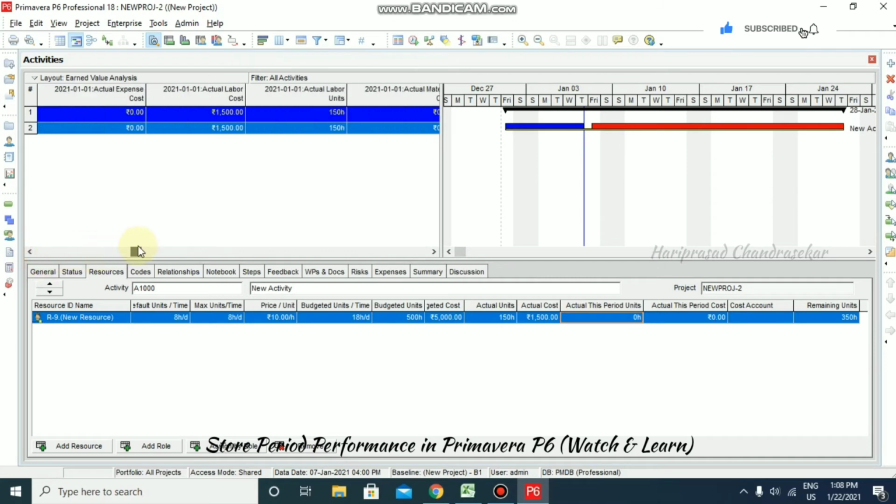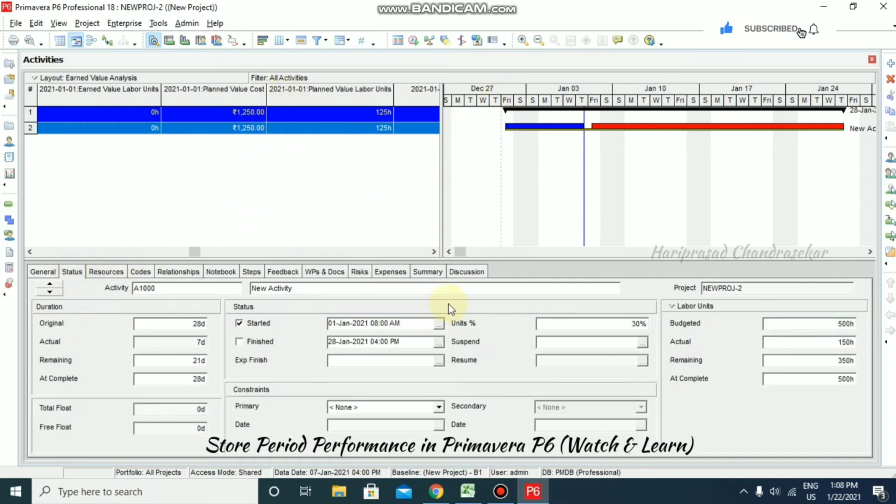Once you have stored it, we can see the cost for the financial period, actual labor cost and everything. See, here we also have budgeted total cost, actual labor cost, actual labor unit and all those details, planned value cost and everything. So this is what store period performance is.